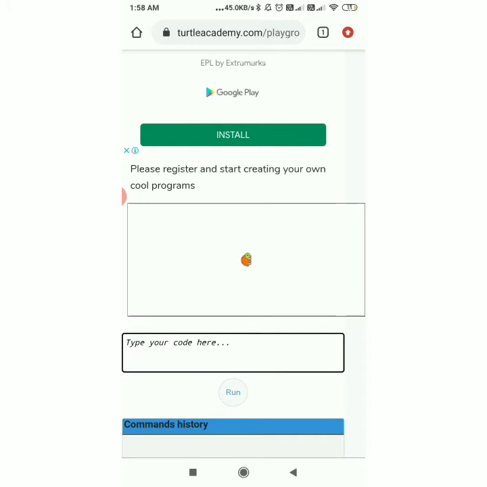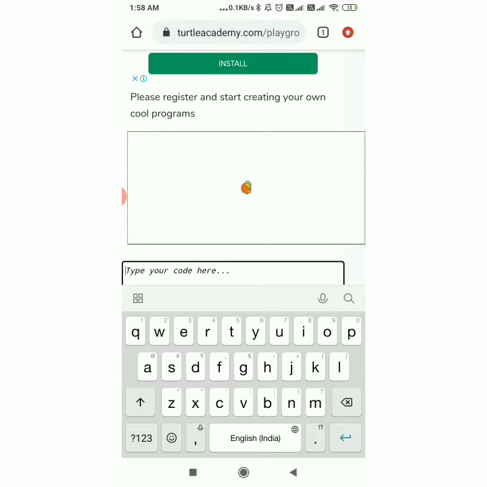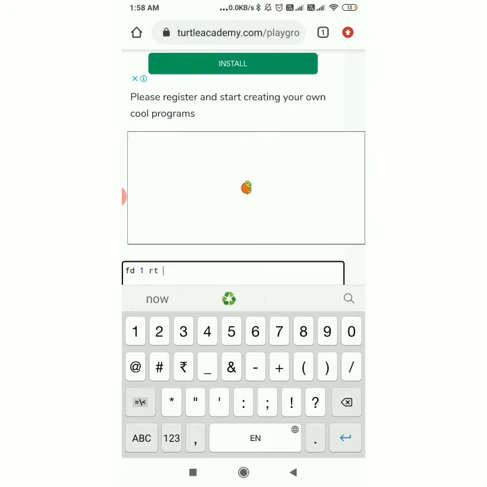Now here you can see the simple background. The turtle shape is the turtle only. Fine. Now as I discussed how to make a circle, first I am writing the commands without the repeat command. So to make a circle I am writing FD1 RT1.